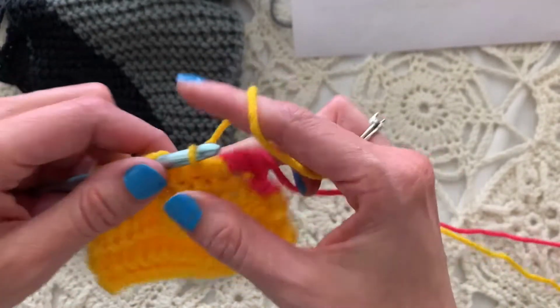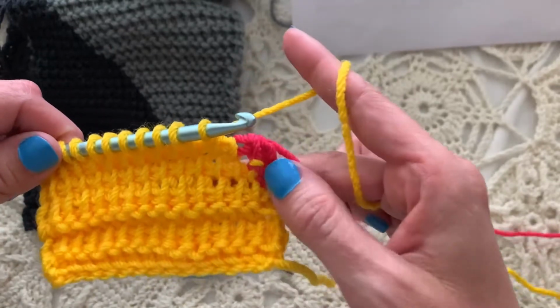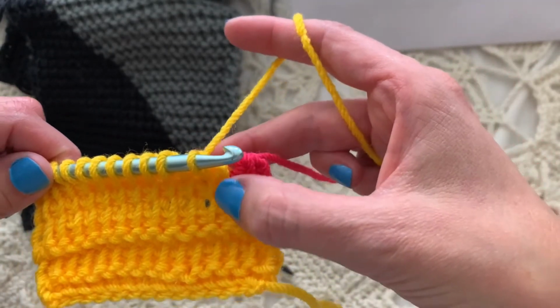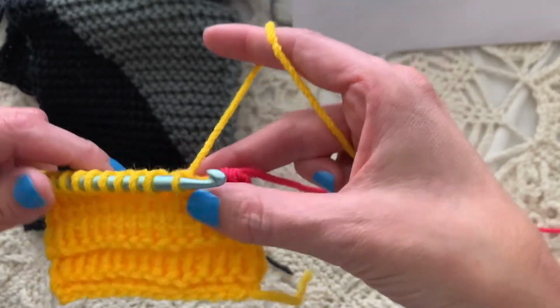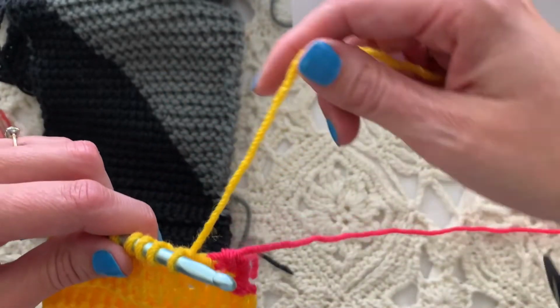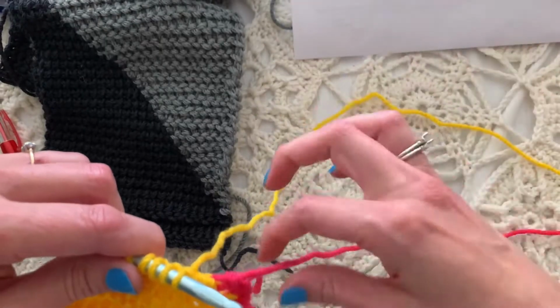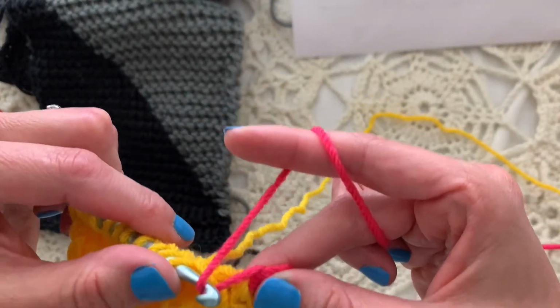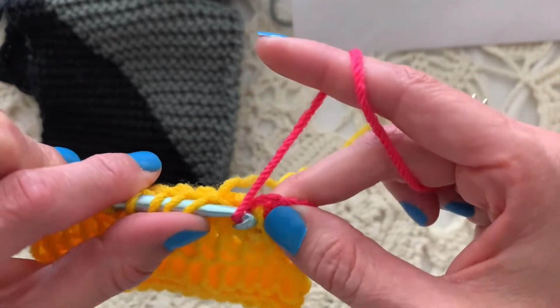Okay, so I have all my Tunisian simples. I'm stopping 1 stitch short. I had 2 pink stitches on the last row. I want 1, 2, 3 pink stitches on the next row. So I'm going to drop the yellow, pick the pink straight up, but I have to pull the pink to the front so that I can Tunisian crochet it,